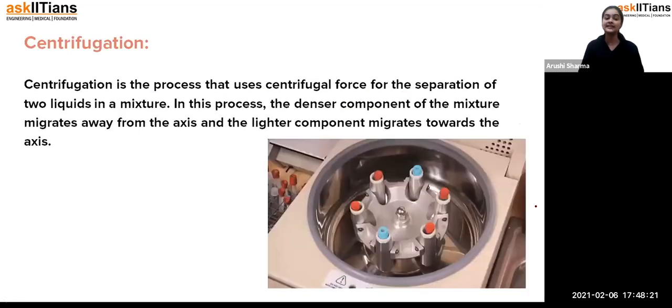Now coming to the next technique, that is centrifugation. Centrifugation is something, students, which I think you have observed in your houses as well. I'll give you an example. If your mother collected the